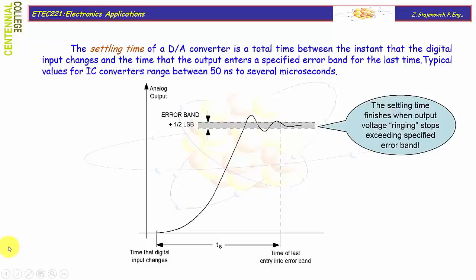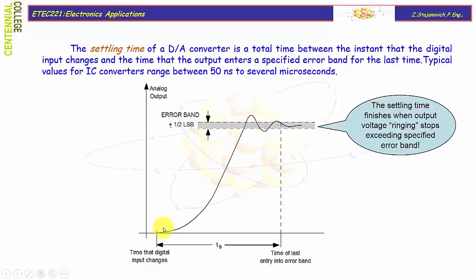If you look at how a DAC creates analog output, you will see that it is not possible to change from minimum to maximum value instantaneously. Let's say this is the moment when we change the input word from the lowest value, 000, to the maximum value,